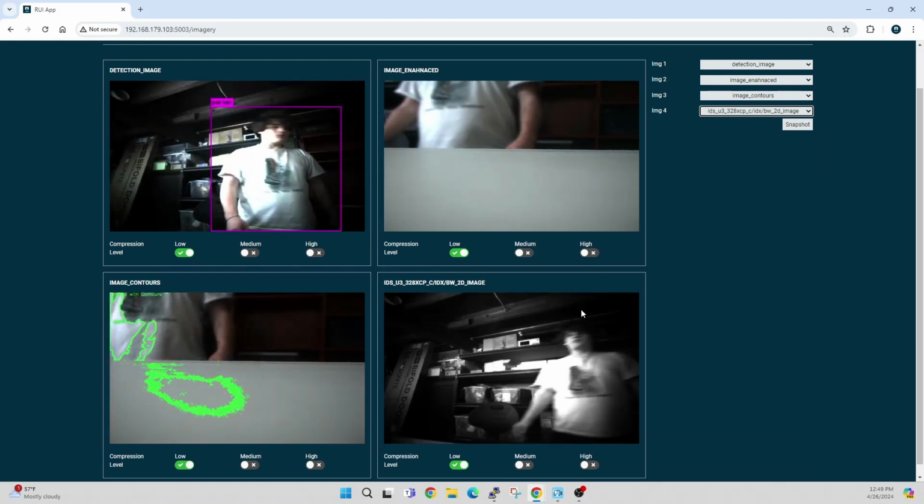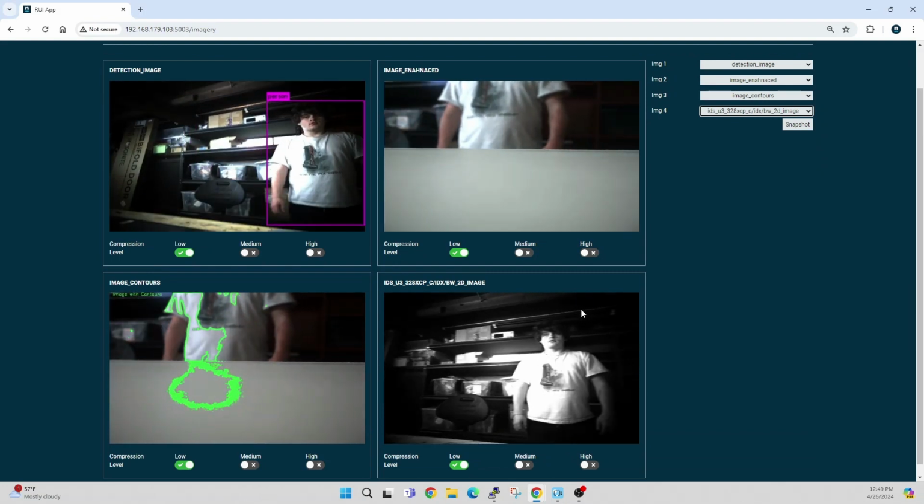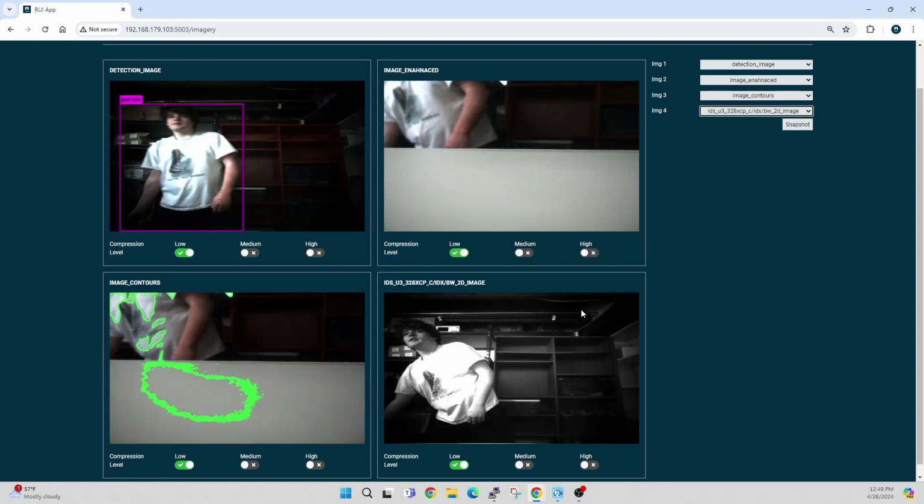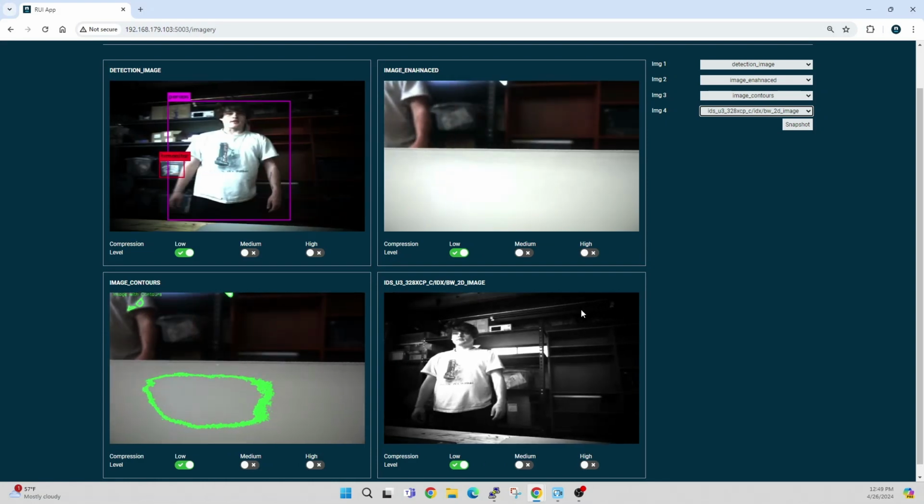Hopefully, this gives you an idea of how easy it is to create and test AI and automation solutions using Numurus NEPI's AI software installed on a Vecow Edge